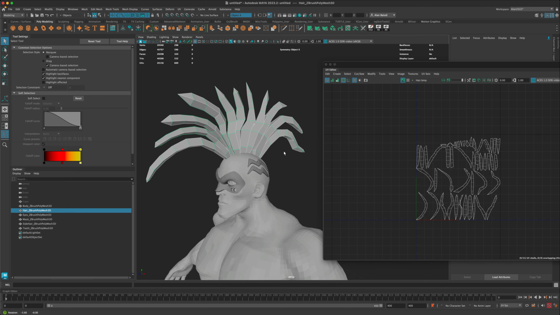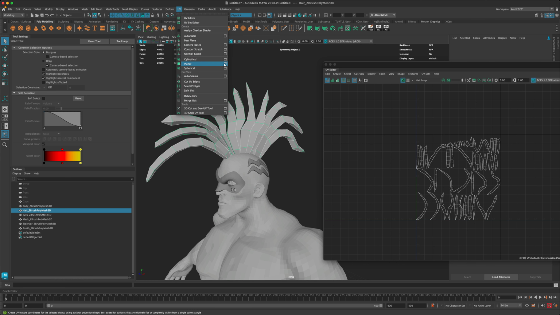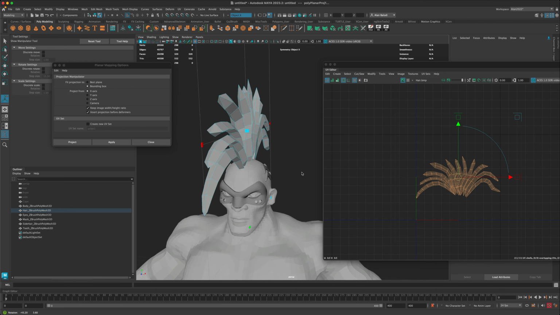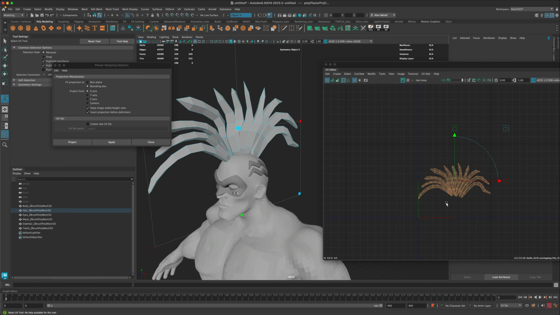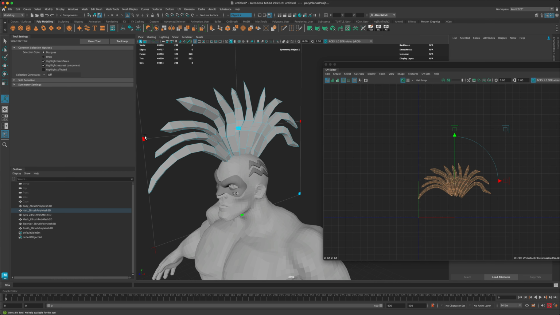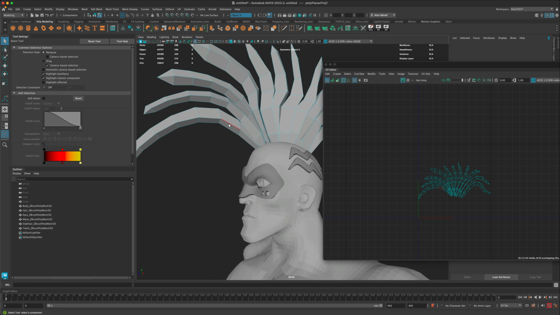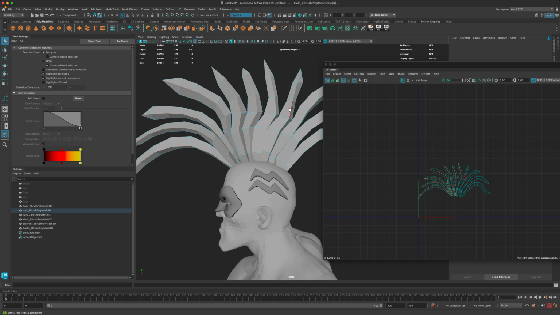So what I'm going to do is click on it, go to UV planar, and project it from the side. I know that the side is right here because I can see that that's X, right? So I'm going to click on the X axis and just project from the side. Now, let's close this and go to edges and double click on each one of these edges while holding down the shift key. Just very quickly click on each one,